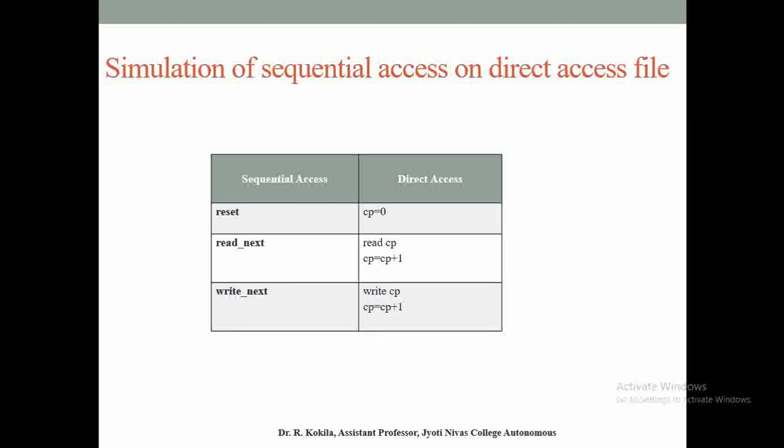If the CP is now 0, after reading it will come to the next line, so CP equals CP plus 1. Now my CP will become 1. This is how it will be moving. Suppose you want to write the next record, you give write CP and then you move the pointer to the next record, and then you can write your